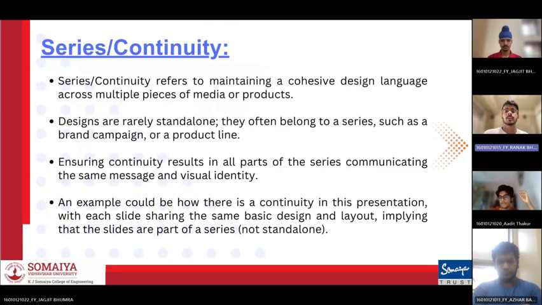So now I'll be talking about another aspect, which is series or continuity. Series or continuity refers to maintaining a cohesive design language across multiple pieces of media or products. Designs are rarely standalone. That is, they often belong to a series, such as a brand campaign or a product line. So ensuring continuity results in all parts of the series communicating the same message and visual identity is very